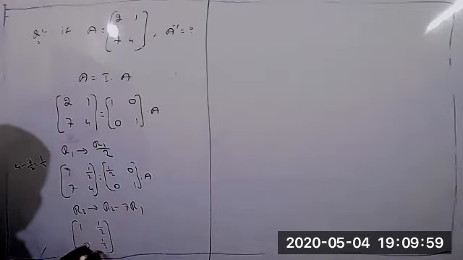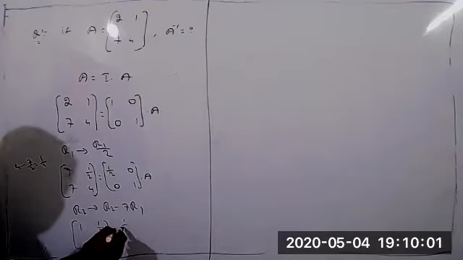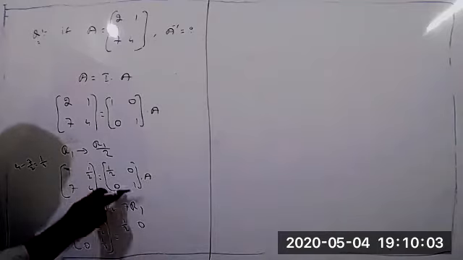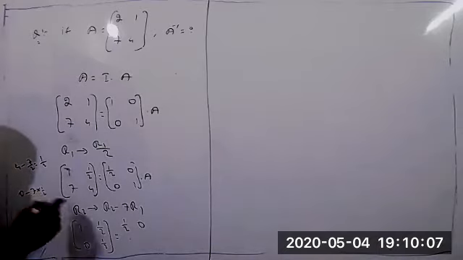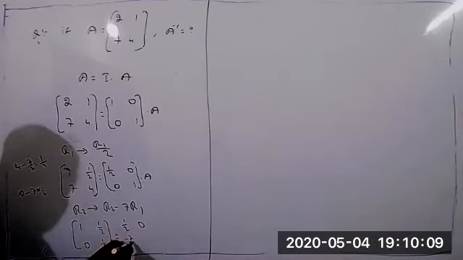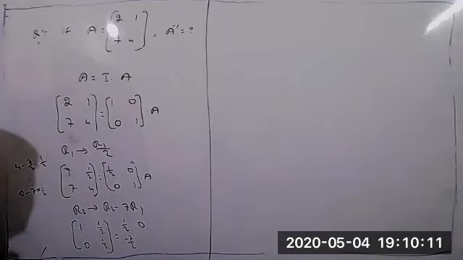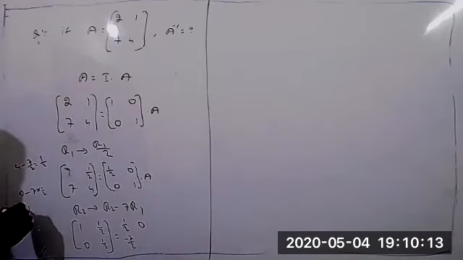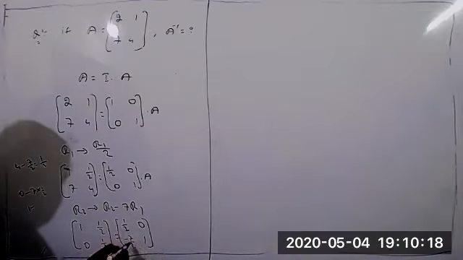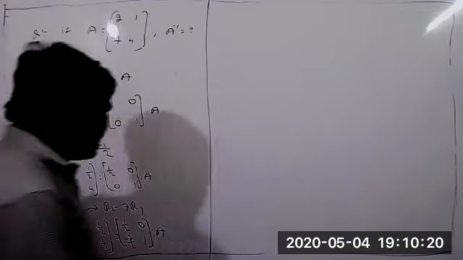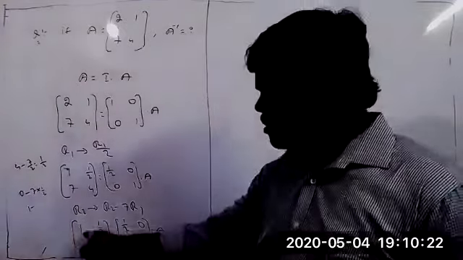1 by 2 equal to, so 1 by 2, 0. 0 minus 7 into 1 by 2 equal to minus 7 by 2. This is how much? Minus 7 by 2. And coming to the second element here now, 1 minus 7 into 0 equal to 0 only. So this is the 1 into A. Now we got 1, 0.